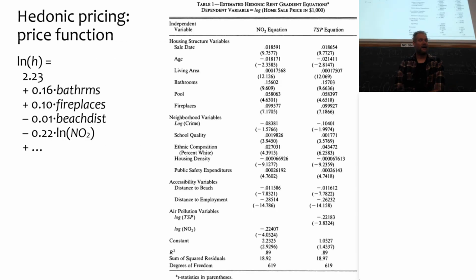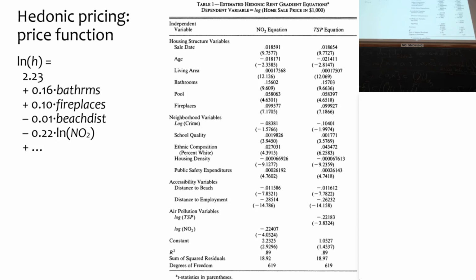So let's look at an example. So what we have here is not the hedonic price of the house. No, it is the hedonic price of the house. It's the log of the sale price as a function of the date of the sale, the age of the house, the size of the house, the number of bathrooms, whether it has a pool, must be data from California, and the number of fireplaces it has,